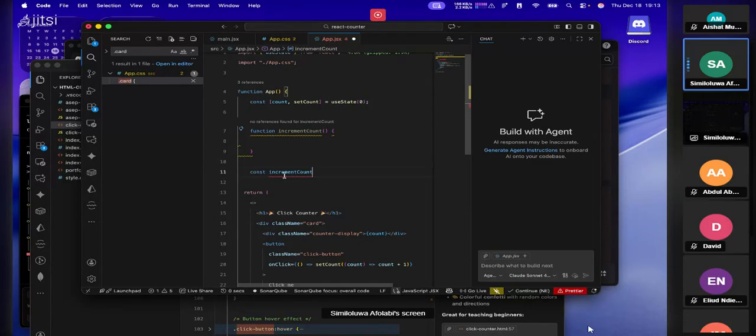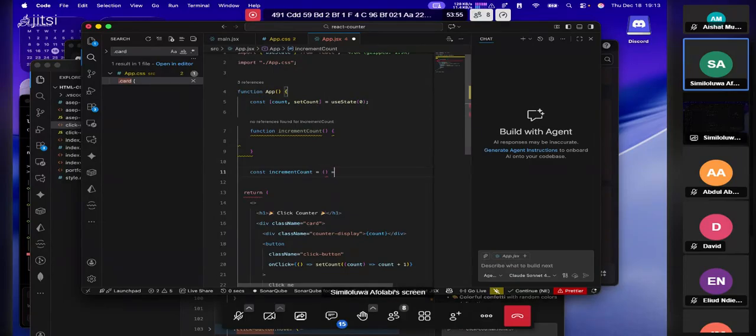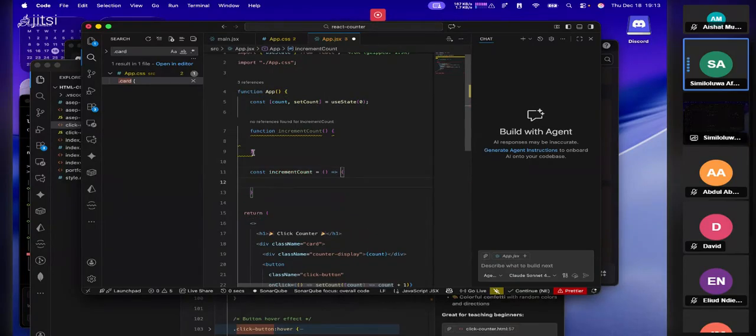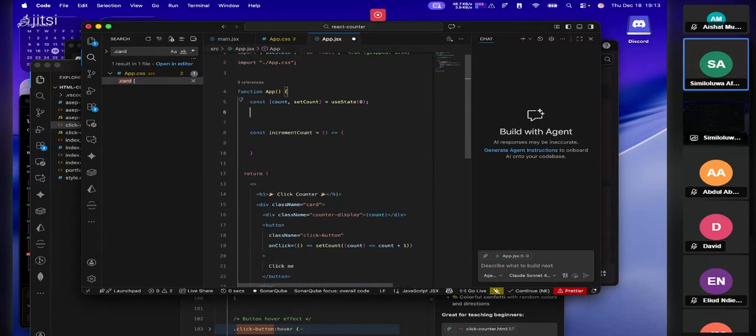increment count is equal to function, and you use your arrow function. This is what we call arrow function. This is another method of writing functions. Both are the same. This is you writing a function, and this is you writing a function. Okay, so